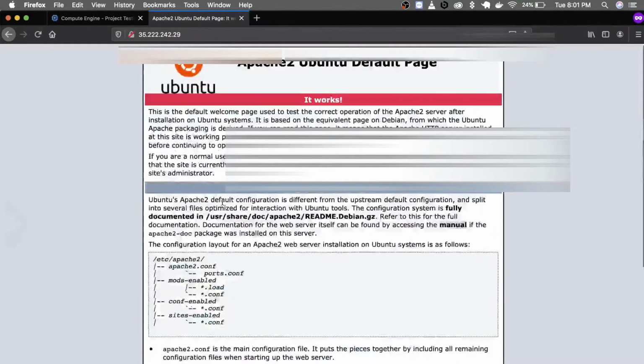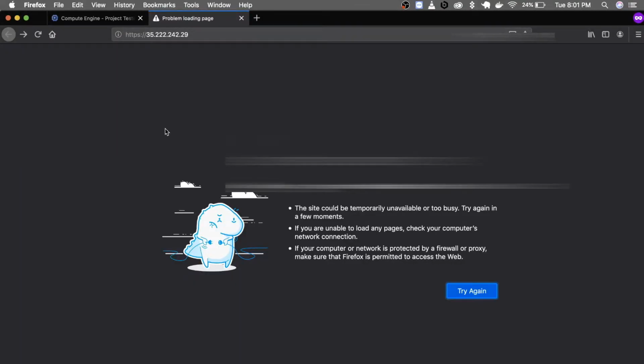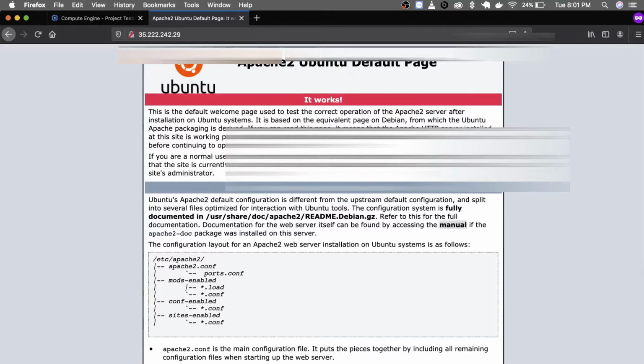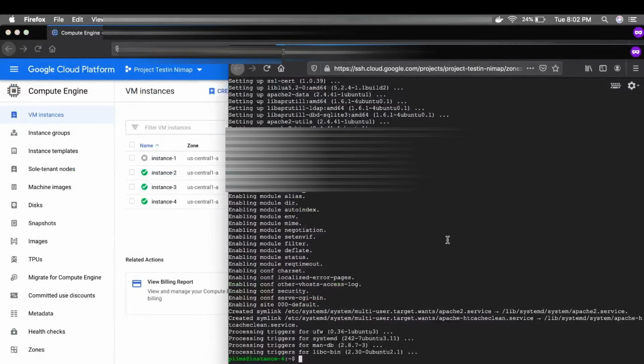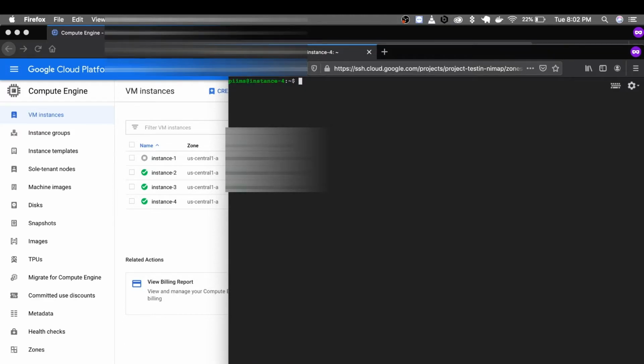Once you see this page, that means your Apache server has been installed successfully. Now I will also show you how you can deploy your static page. In this tutorial I'm not going to connect this server with a backend or any kind of MySQL server. This is only a tutorial for static web deployment.